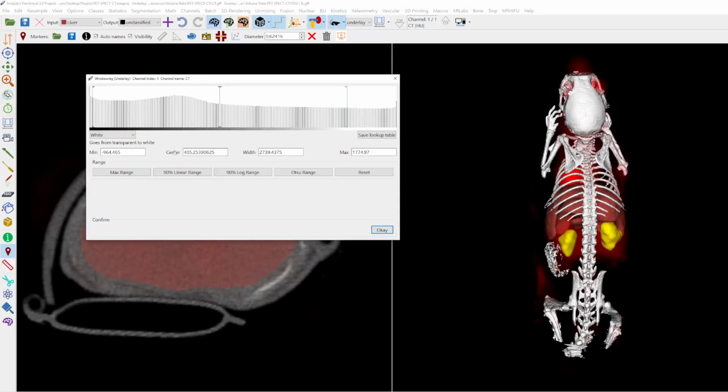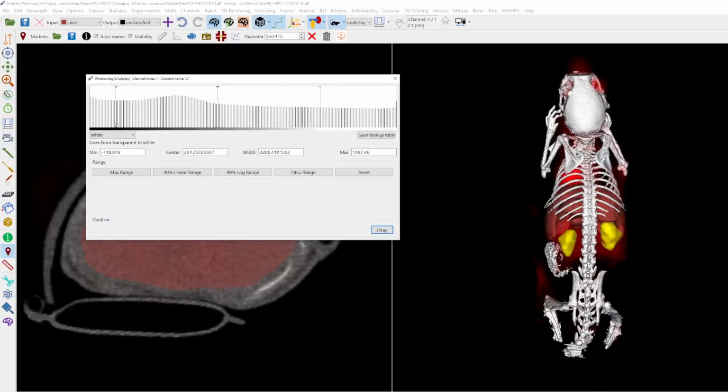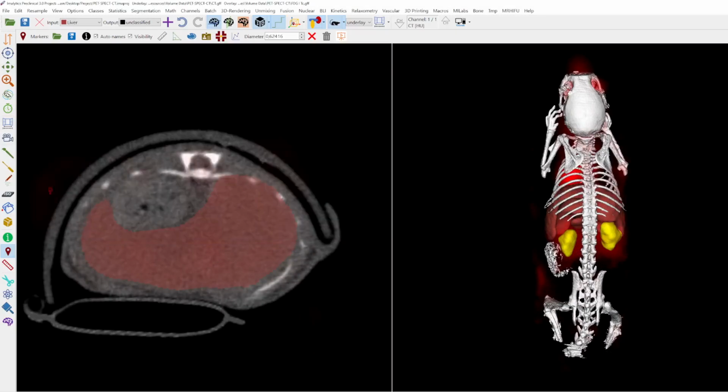So you can also use the center value as a threshold for some segmentations, for example, when you want to find a good threshold for the bones. But the windowing is also explained here under the mouse mode windowing and then under play tutorial video. So if you have more questions, just watch the video about the windowing.